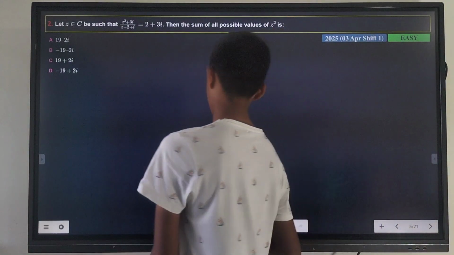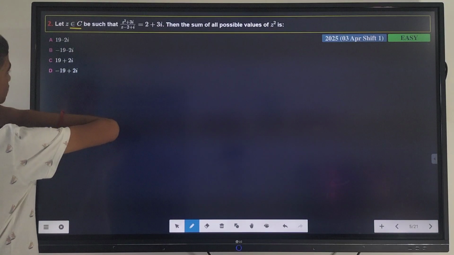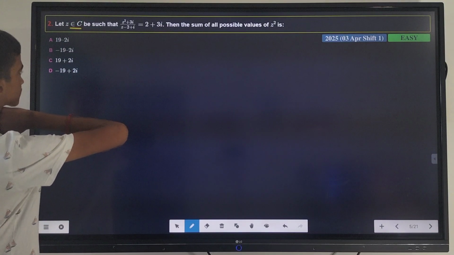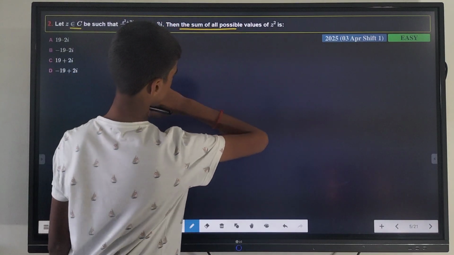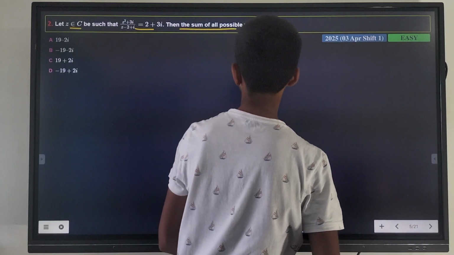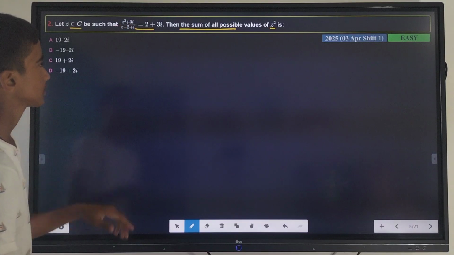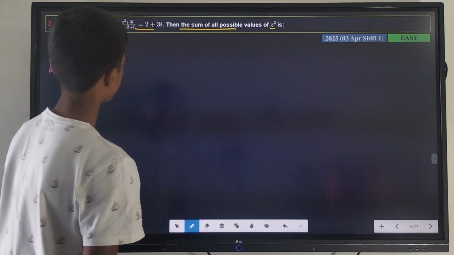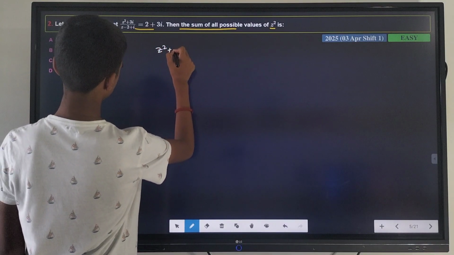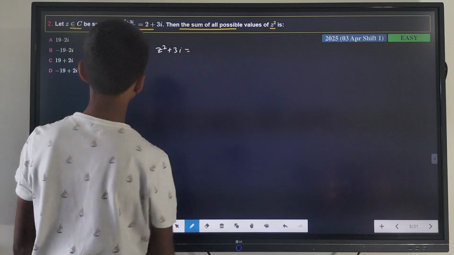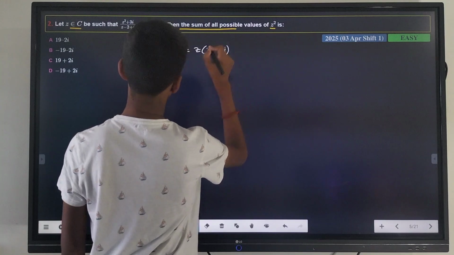Here is our next question. This time our question says, let z belongs to C, complex numbers, be such that we have this equation, then the sum of all possible values of z square is. So here in this question, first we will cross multiply in this equation and then move forward. So this will be z square plus 3 iota is equal to z into 2 plus 3 iota